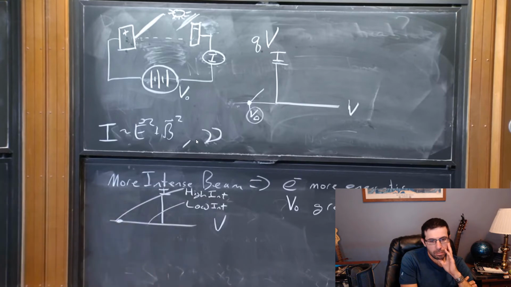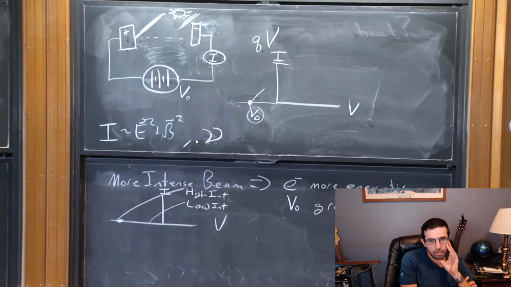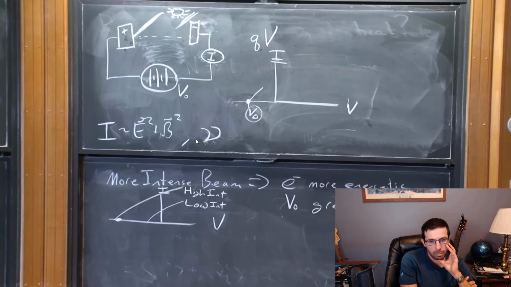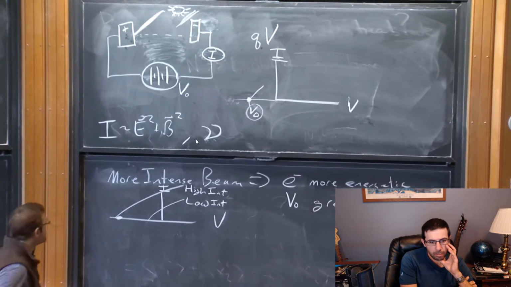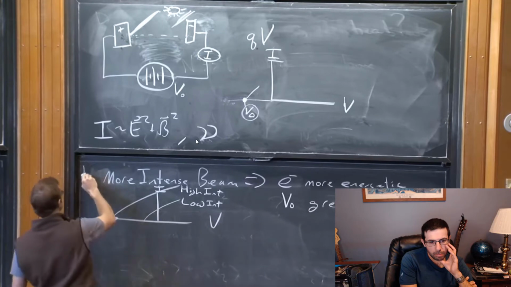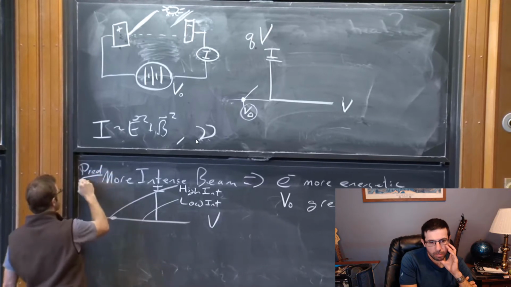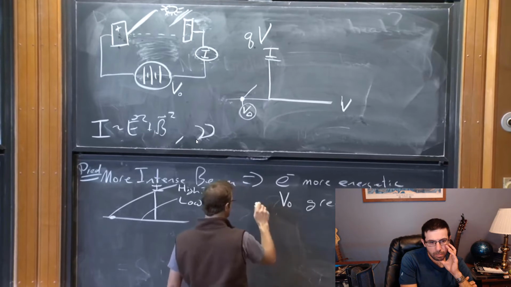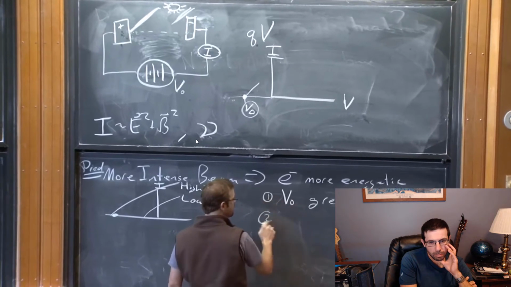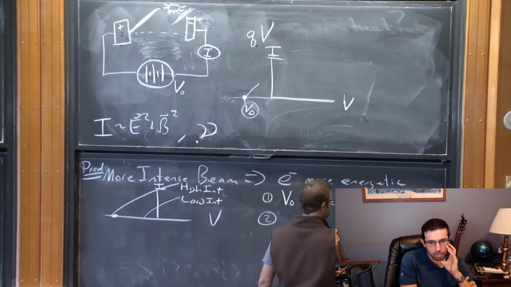Everyone down with that intuition? This is what you get from Maxwell's electrodynamics. This is what you'd expect. And in particular, as we vary, so this is our predictions. In particular, as we vary, so this is 1, 2, with greater